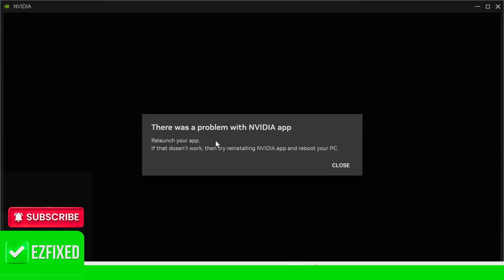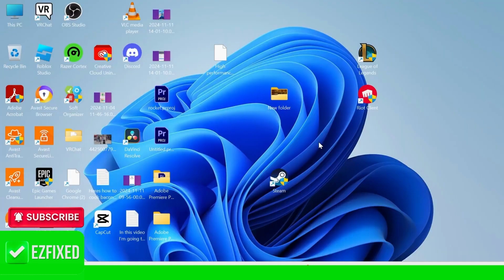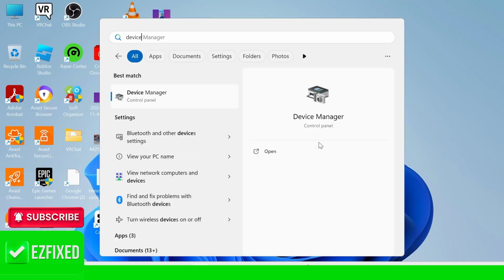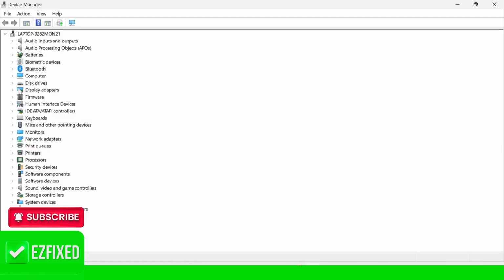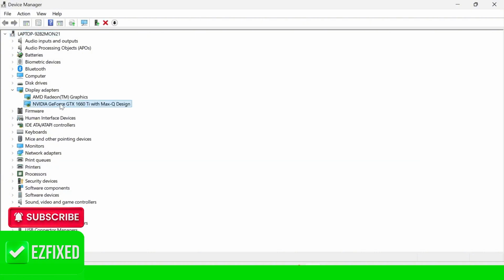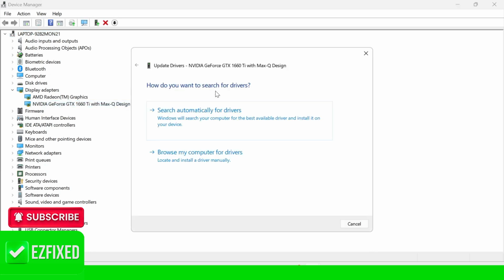So if you're getting this error message on the screen here, what you need to do is just close off of this window, head over to the Start menu and search for Device Manager, and then click on the Device Manager window. From here, click on Display Adapters and expand this drop down, and then just locate your NVIDIA graphics card from the list. Then you need to right click on your NVIDIA graphics card, select Update Driver, and press